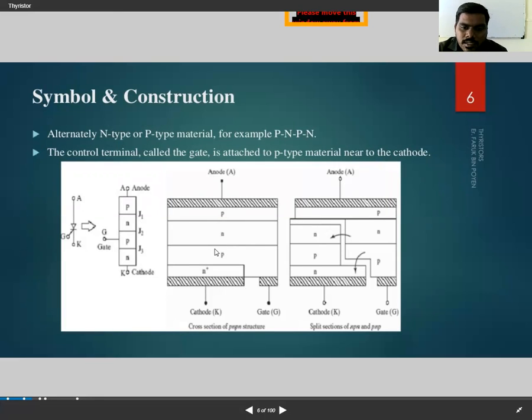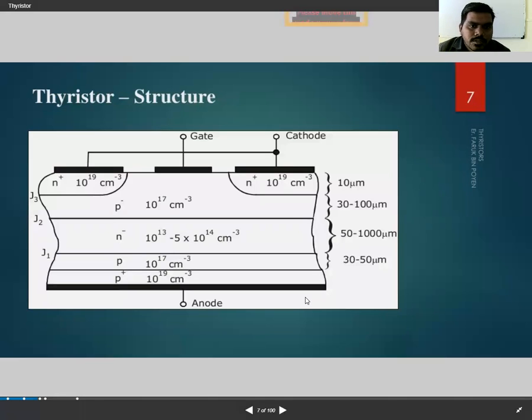This is the detailed structure of the PNPN and NPNPN. The shaded area is called the contact, which means from here you can get the contact. It can be of aluminum or copper. Then we have the cathode terminal and gate terminal, and the anode terminal. This is the thyristor structure.